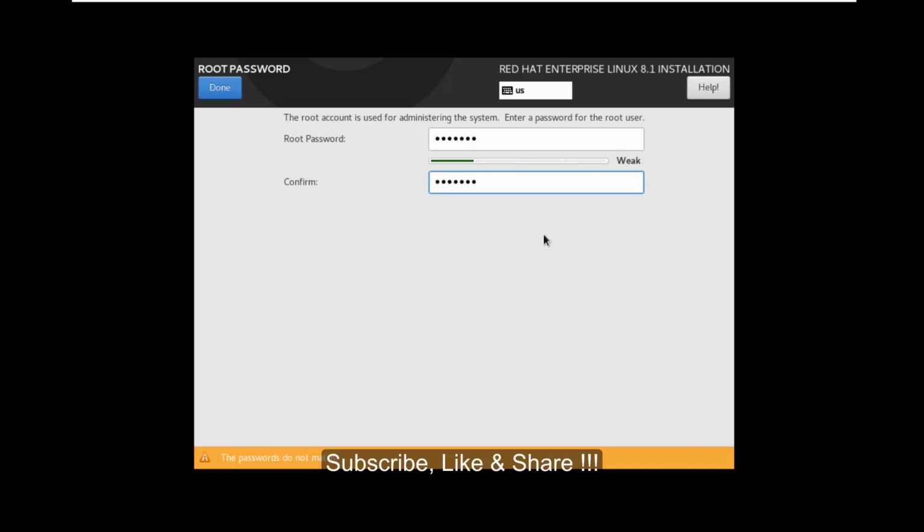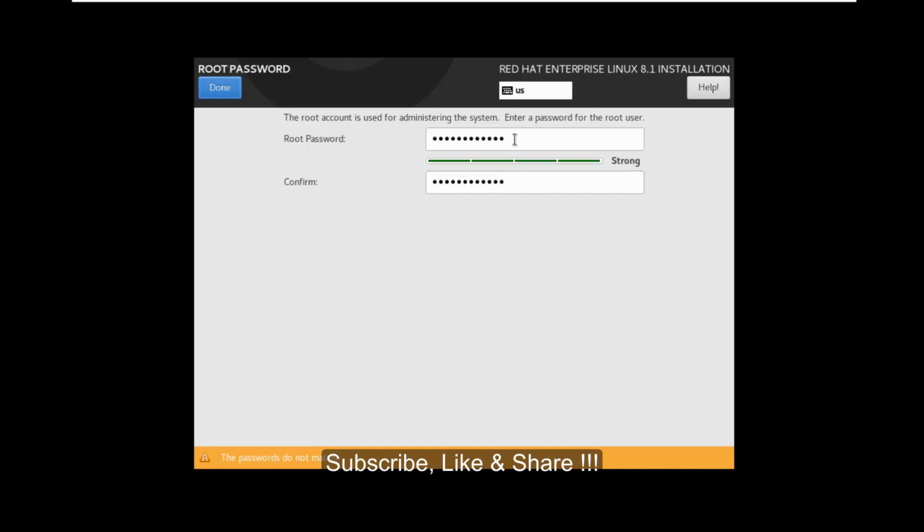So use a complex password. You need to use a strong password for your VM and then click on done.